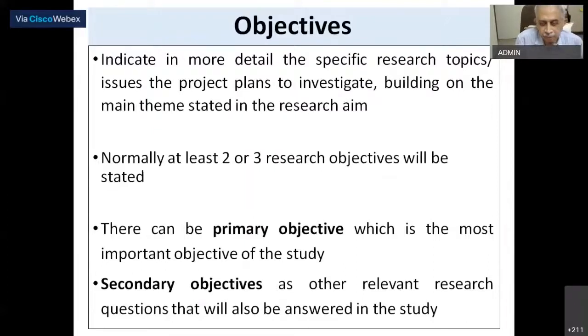You make the objectives. There is nothing like how many objectives should be there in a study, but usually two or three objectives will be there. Sometimes you may have a primary objective or main objective on which you calculate the sample size, and that will be called the primary objective. The others will be called secondary objectives. Or you may not have a primary and secondary objective. When you think that two or three points are very important, all of them will be objectives. So you can have a primary objective, you can have secondary objectives, or you can have a group of objectives depending upon what you are looking at in that research project.